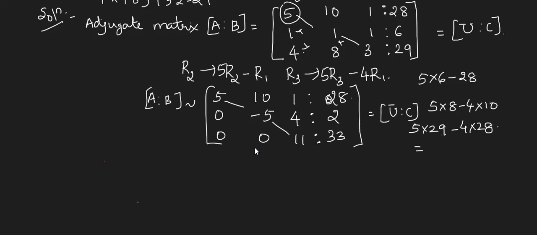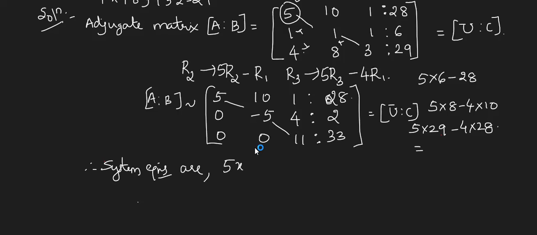After reducing to upper triangular, now what do you do? Write this in equation format. We have written the given equations in matrix format, now the matrix is to be written in equation format. Tell me what I'll get. Therefore, the system of equations are, tell me the first equation.